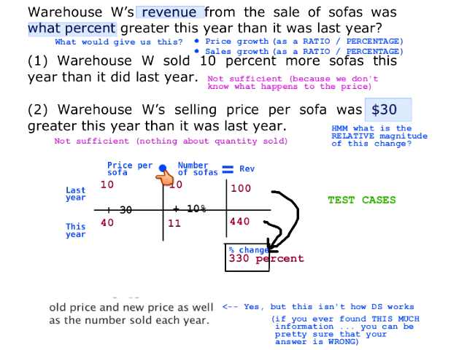This is where the intuition is helpful because it'll turn out, and you should experiment with this when you review these problems, you should try them from all angles. If you tweak the number of sofas, then this will be the same. If you make this 20 and 22, this will still be 330%. That's because percent growth is percent growth. But if we adjust the price,